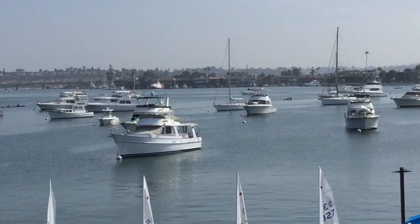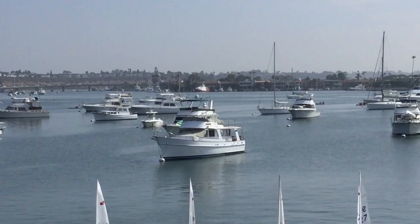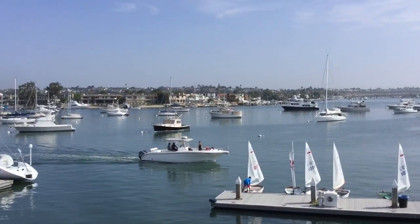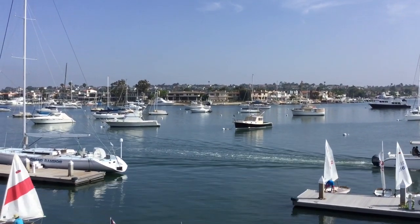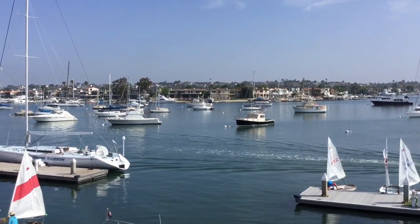So the start line for Nationals will be out there. We'll be doing the Sabot Nationals course, so we'll be working on that. Two very distinct tactical and strategical ideas. That's Lido Island over there, and when the wind is coming from our left here, left to right, we tend